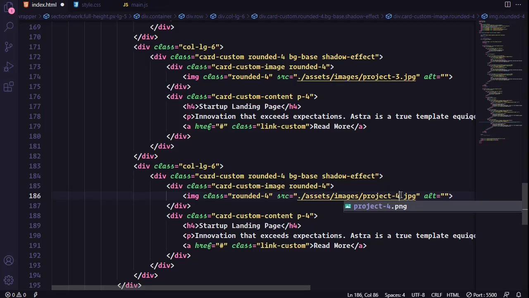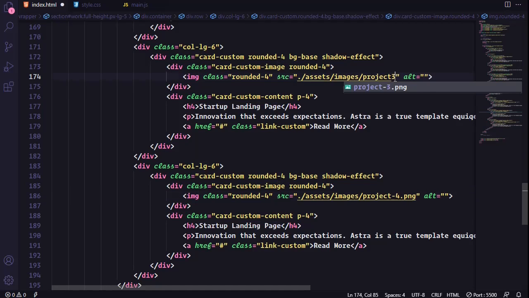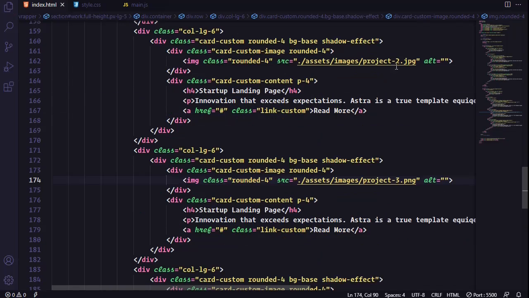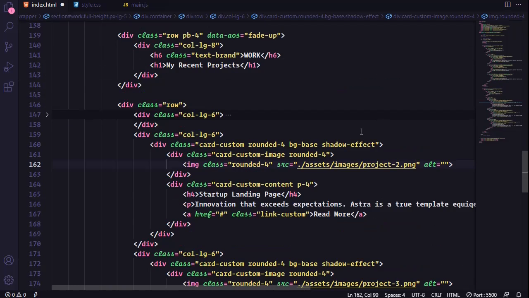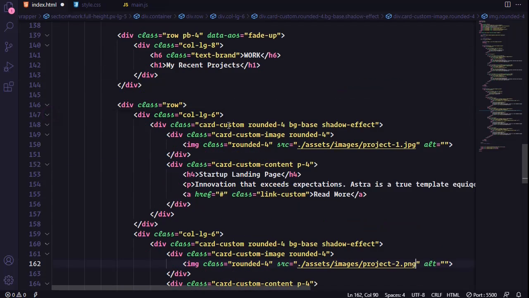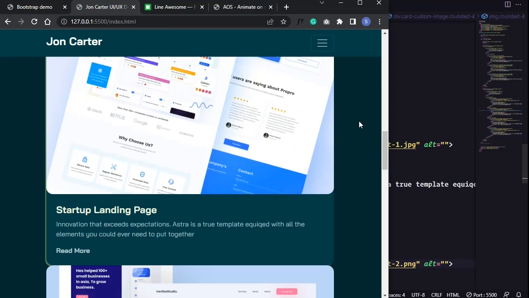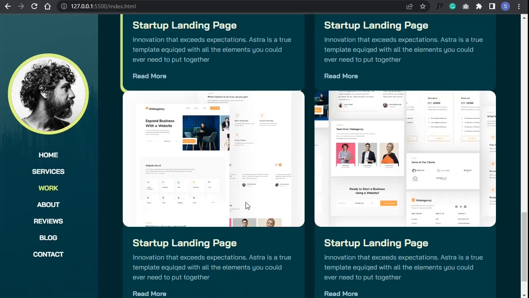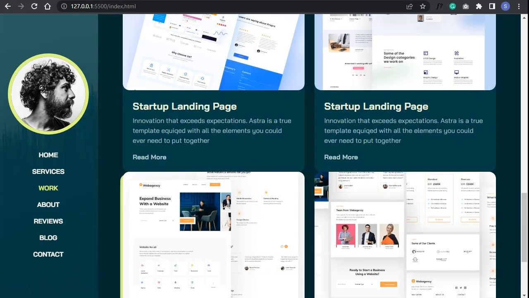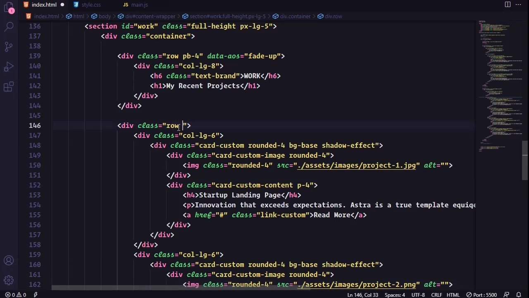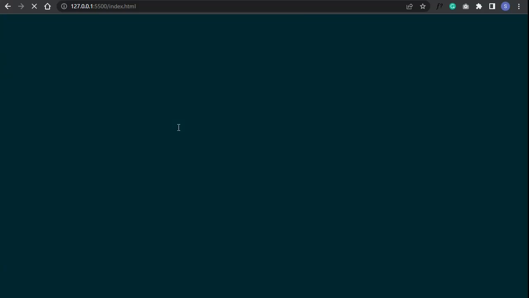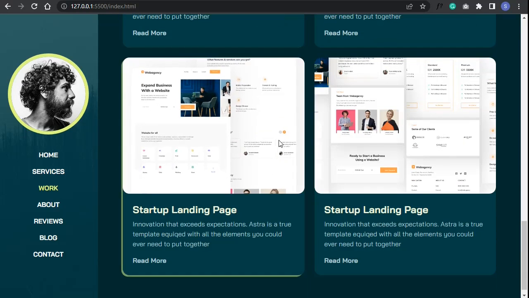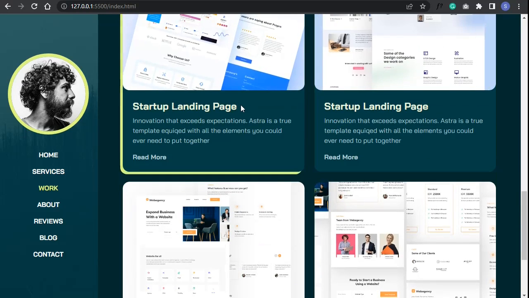This will be 4, 3, 2, and save it, and let's see. Okay, so I'm gonna give gutter top and bottom, say 4 rem. Okay, so as you can see,